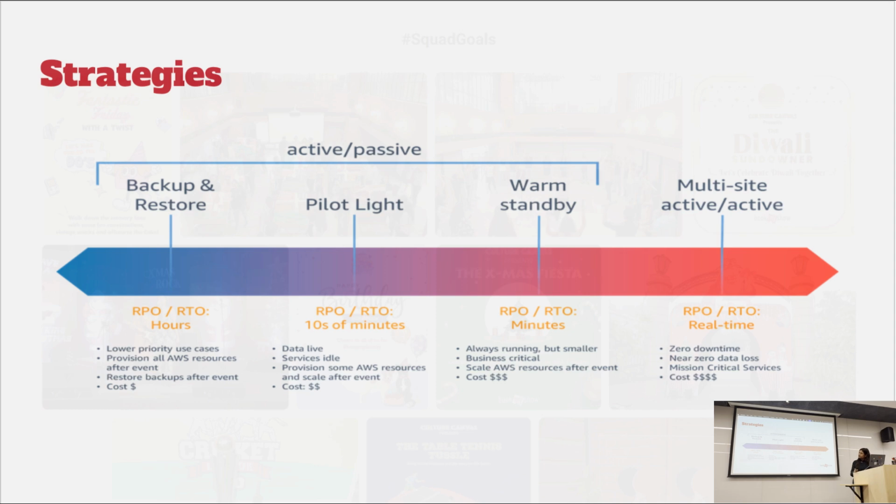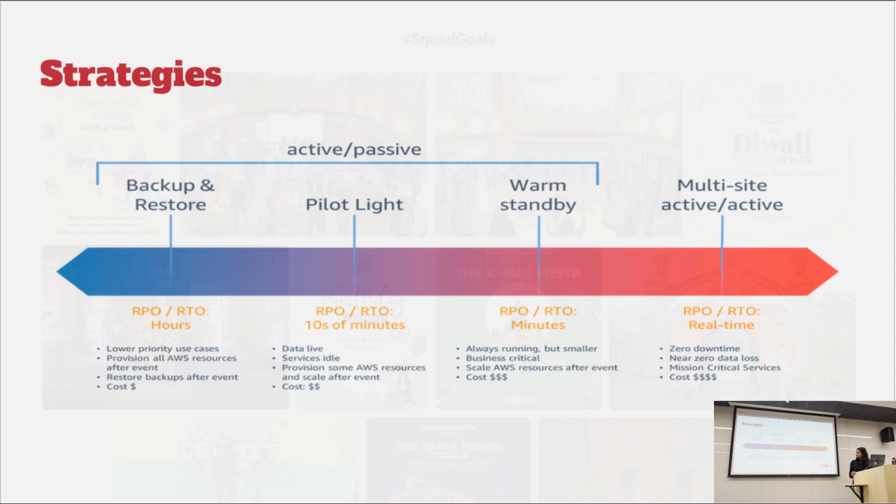Correct. As we move towards the right to pilot light, what we do is we generally create a kind of landing zone. Whenever you are running an infrastructure, it includes multiple things. It will include your networks, your different components, multiple configurations. So what you do in pilot light is you have a landing zone created in which you keep all your networks pre-configured. Your applications will be there, but scaled down to zero. It will not be running. But whenever an event has occurred, you can just scale up those applications or databases, whatever you need, and you can divert your traffic onto that DR site, disaster recovery site.